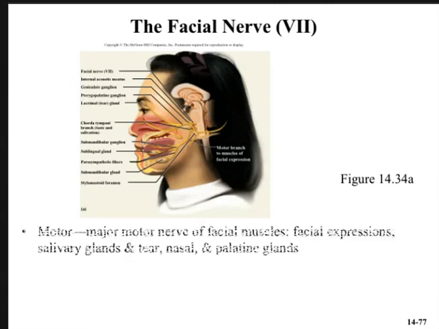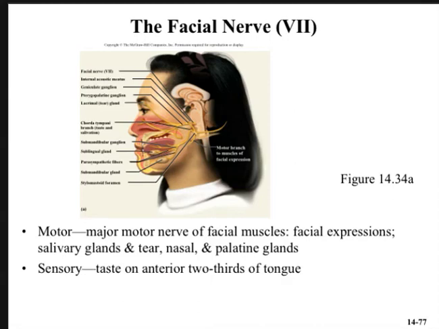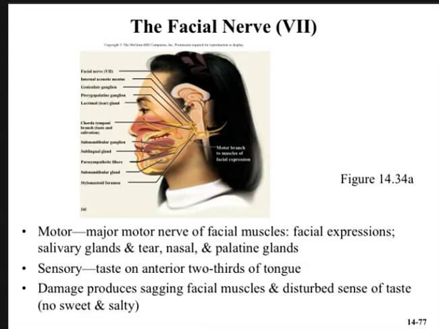Okay, the facial nerve has a motor aspect. It's the major motor nerve of the facial muscles. It aids in facial expression. It innervates the salivary glands and tear, nasal, and palatine glands as well. The sensory aspect are the taste receptors on the anterior two-thirds of the tongue. Damage produces sagging facial muscles and a disturbed sense of taste, where you don't pick up sensations of sweet or